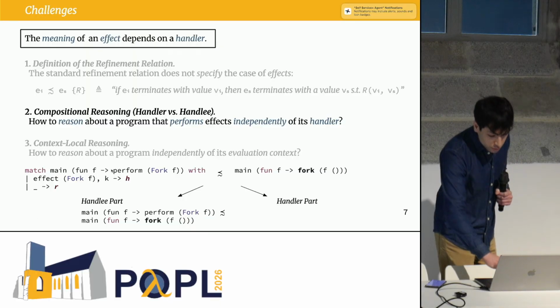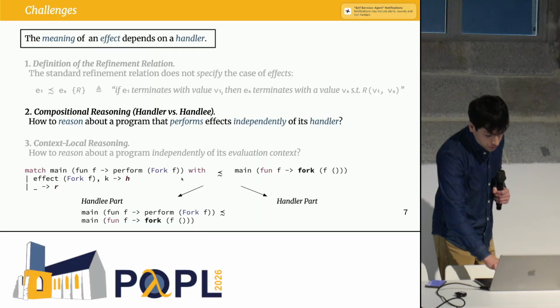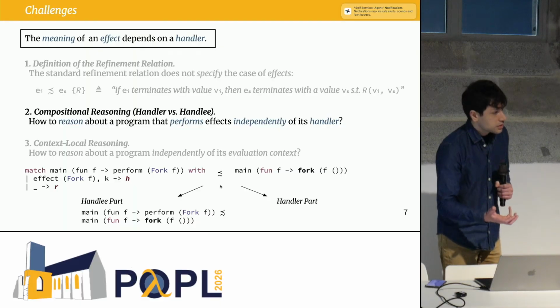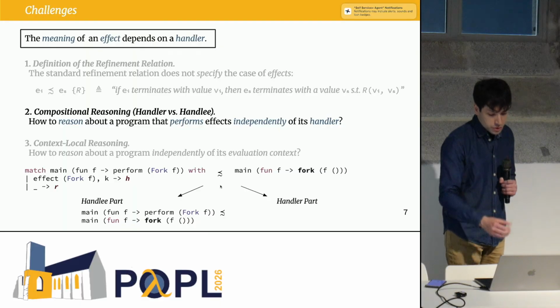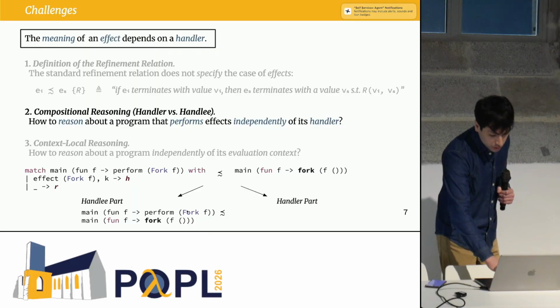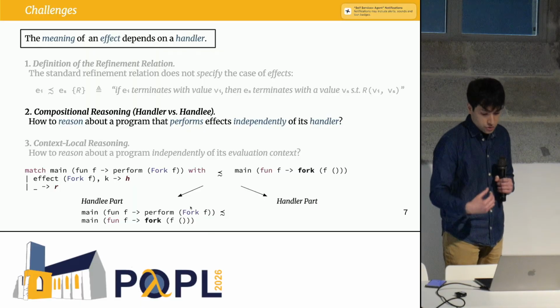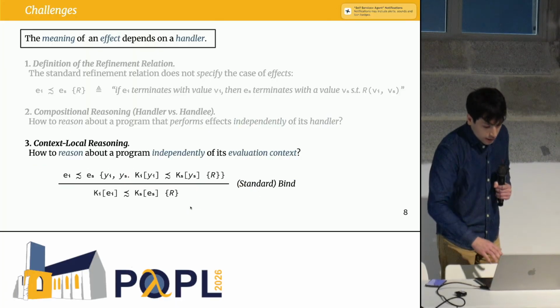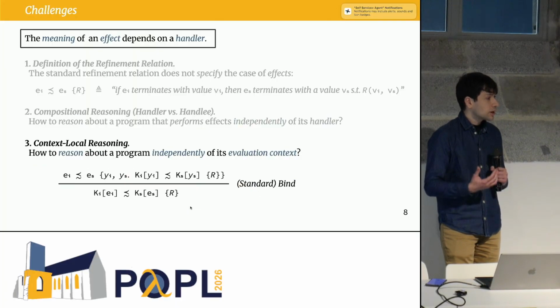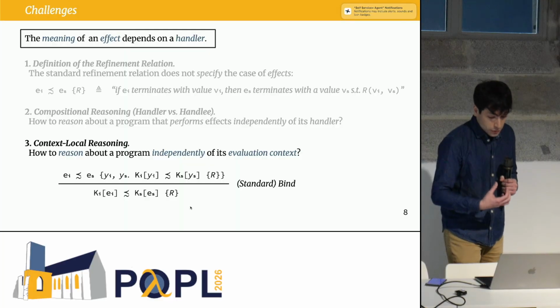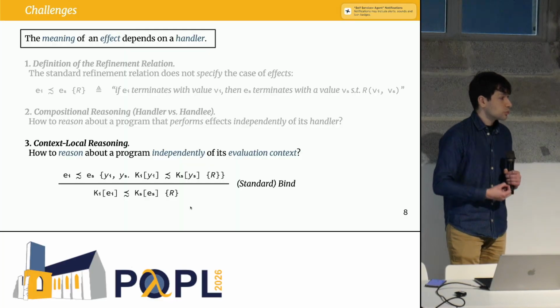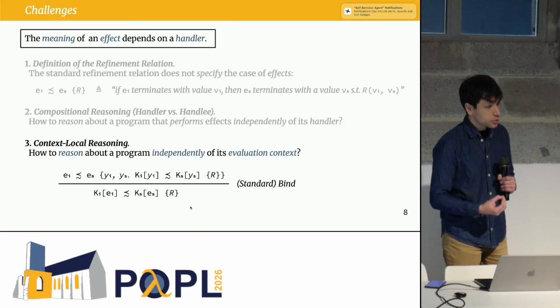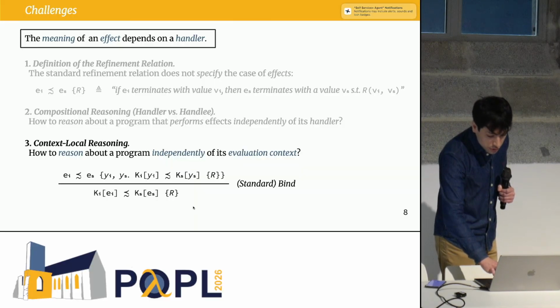And at this point, we would like to split the proof into a handler part and a handlee part. And we can see here that, again, we come up with this problem of having to reason about a program that performs effects in isolation of a handler. And more generally, we would also like the logic to enjoy some context-local reasoning principles, such as the reasoning